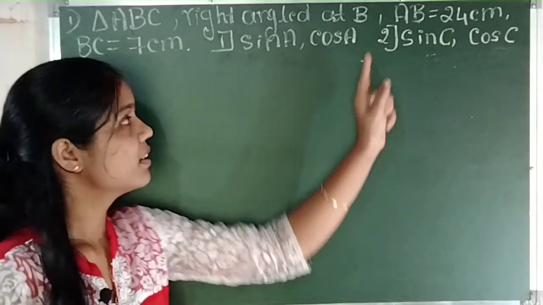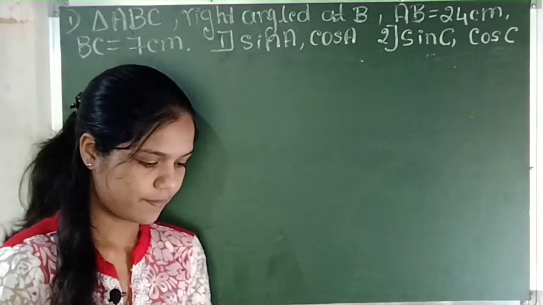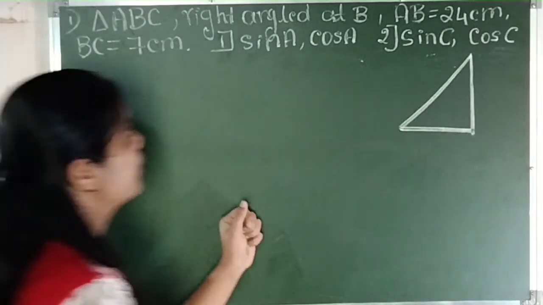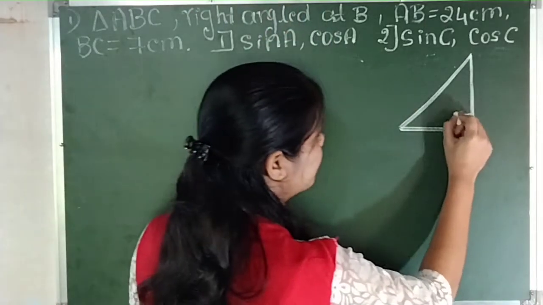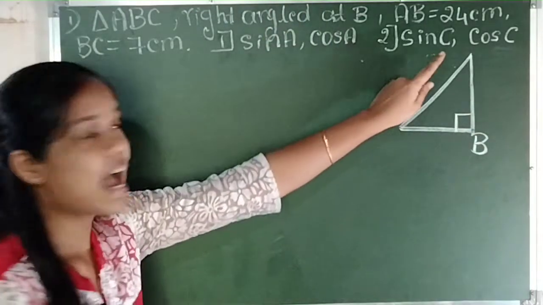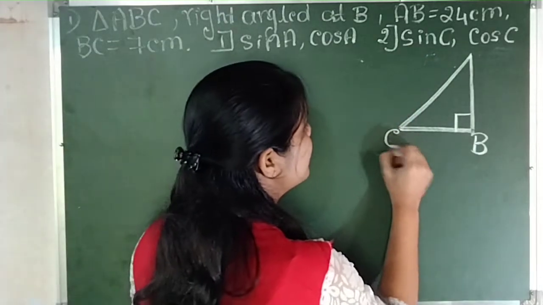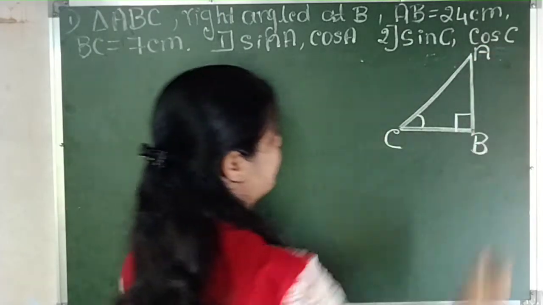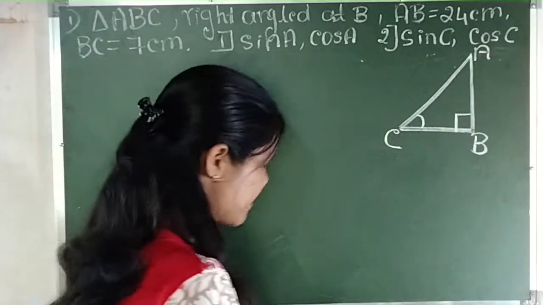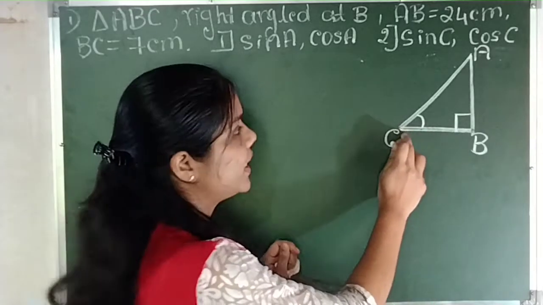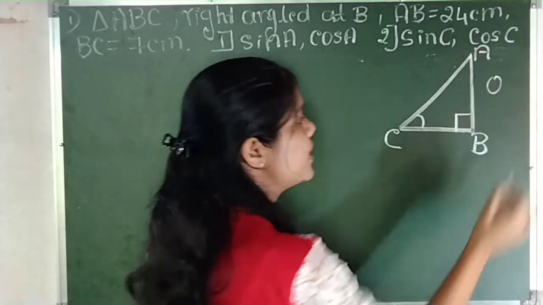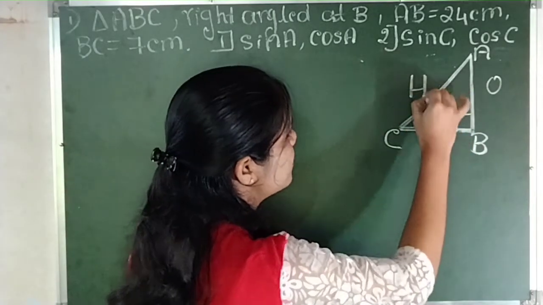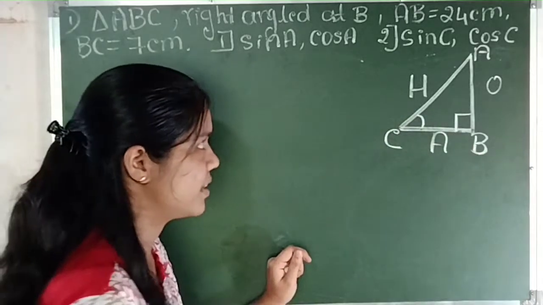Now the second question, we have to find sin C and cos C. So let us draw a right angled triangle ABC, which is right angled at B. Since the angle is at C, I will consider C here, and the angle is present at C, and this is A. Now let us name the sides. The side opposite to theta or the angle is the opposite side. The side opposite to 90 degree is the hypotenuse and the remaining side is the adjacent.